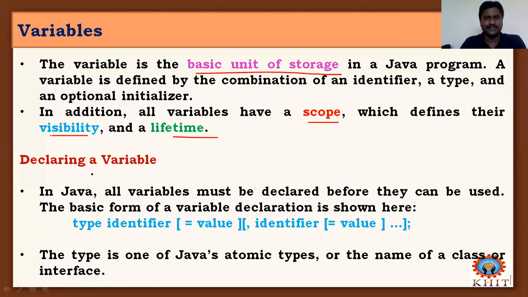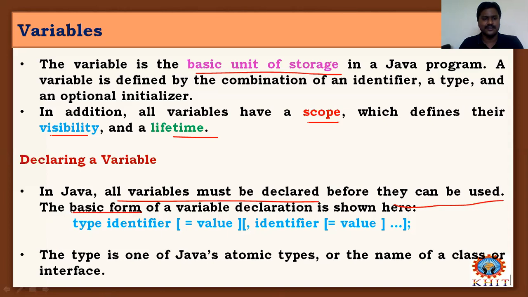And coming to declaring a variable, in Java, all variables must be declared before they can be used. The same way in C and C++, all variables must be declared before they can be used. But whereas in C, variables should be declared at the starting of the scope, in C++ we have an alternative of defining a variable anywhere in your program. In the same way, in Java, you can declare a variable anywhere in your program, but the condition is that at its first use, you must declare the variable.